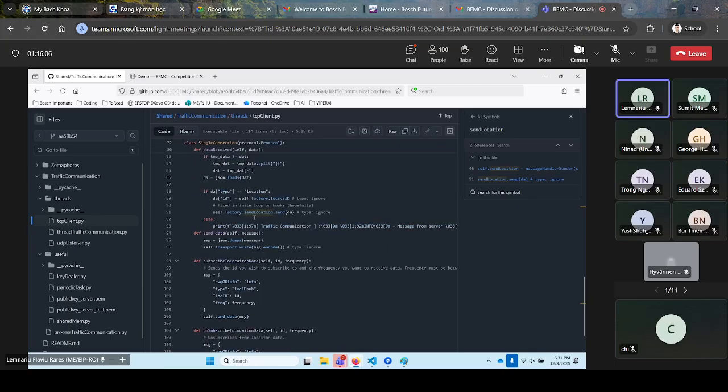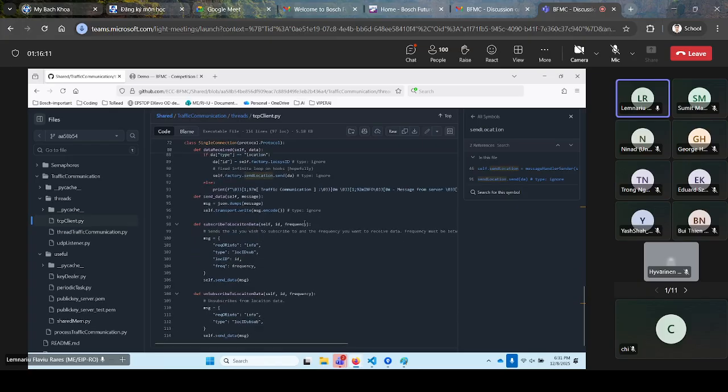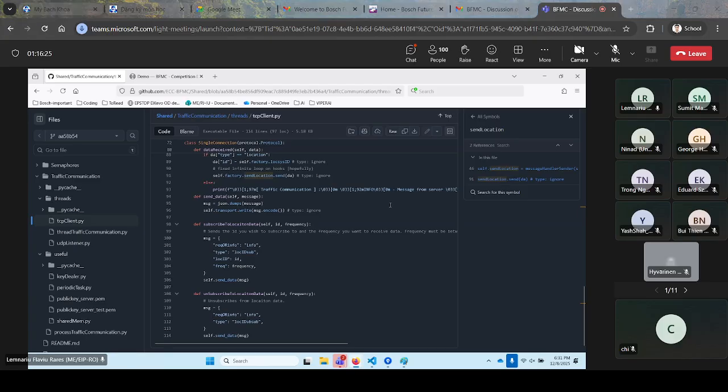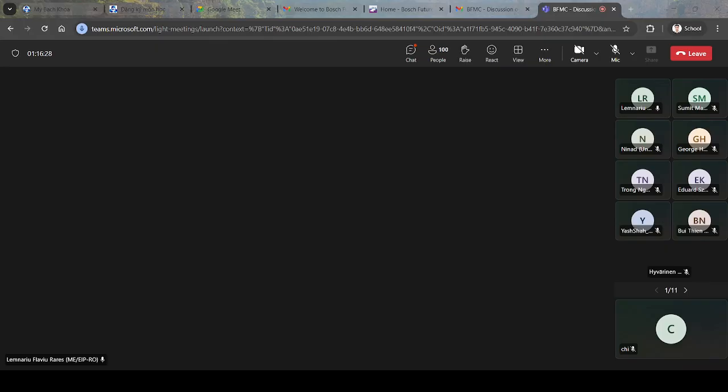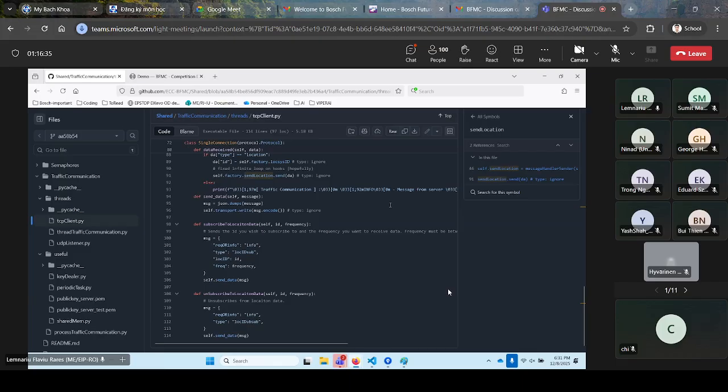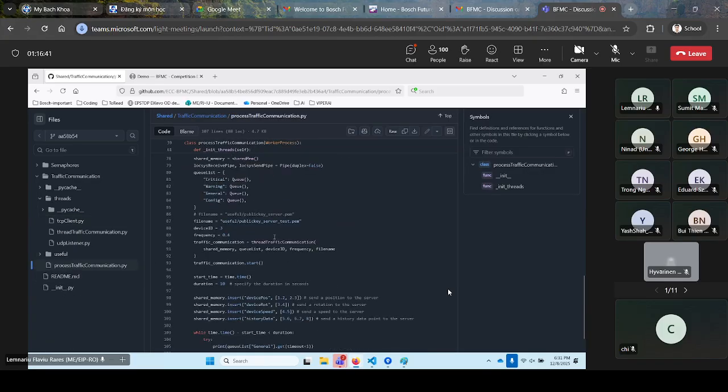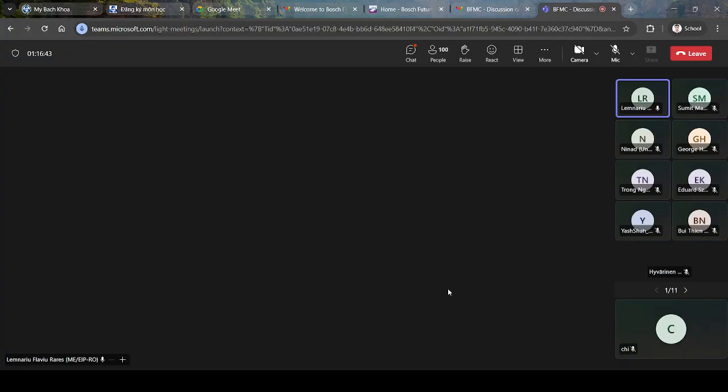The TCP IP client gets this position and puts it in a message to just post it in the queue. Then the example, but in the main, so in the process, you have an